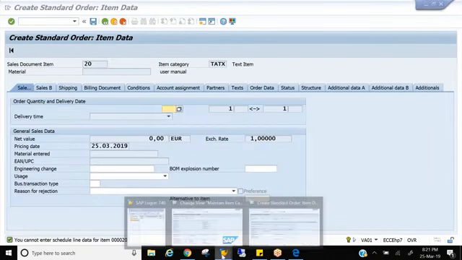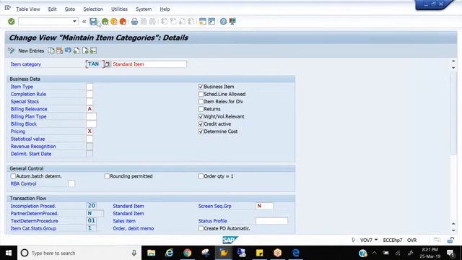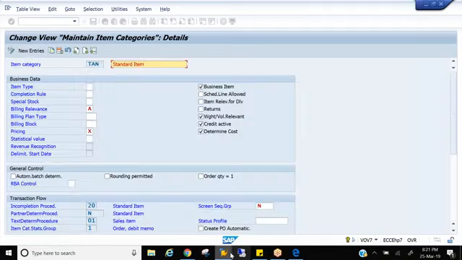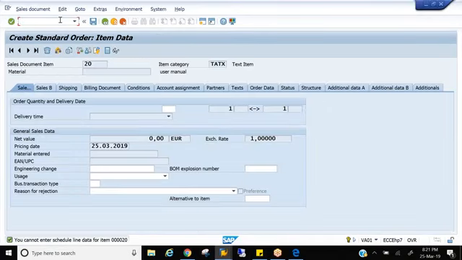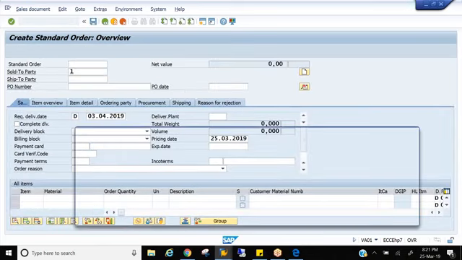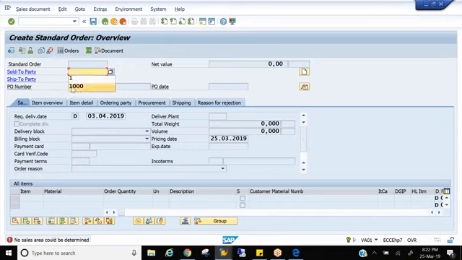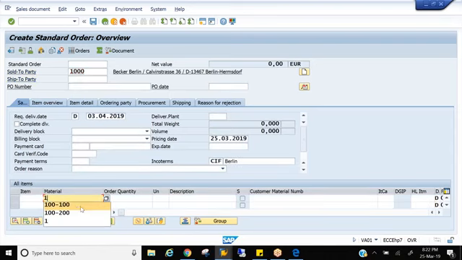So let's say for this particular item category TAN standard, I uncheck the schedule line, and I create an order now. So this is an item category TAN standard.